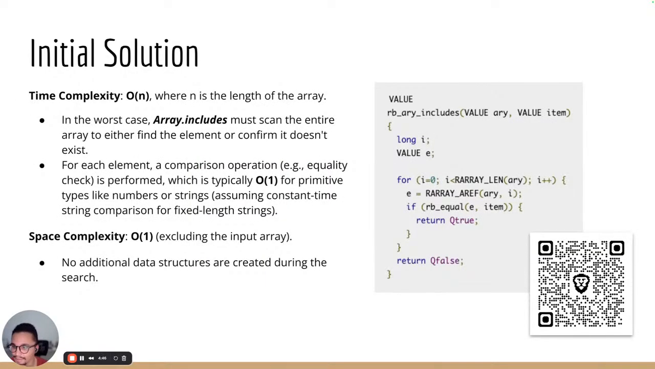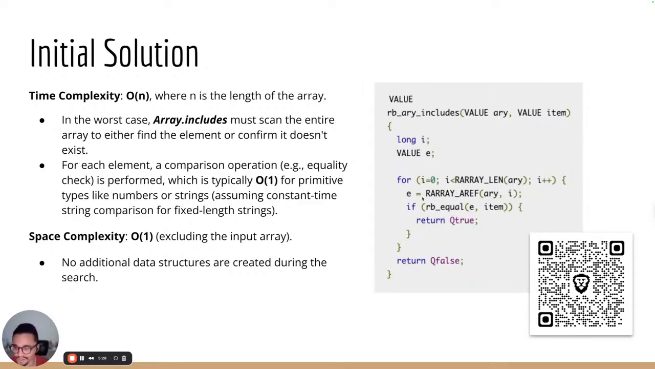But let's see the time complexity and the space complexity. The time complexity is O(n). Why? Because n is the length of the array. In the worst case, array include must scan the entire array to either find the element or confirm it doesn't exist. And as you can see here, you can scan this QR code to go to the GitHub of the Ruby project, the source code of the Ruby language, where C is used to implement many methods from many structures like Hash, Array, and many others. In this case, the array include method,